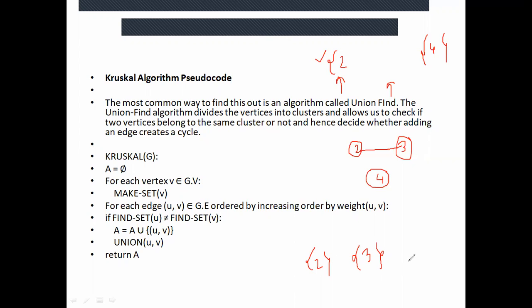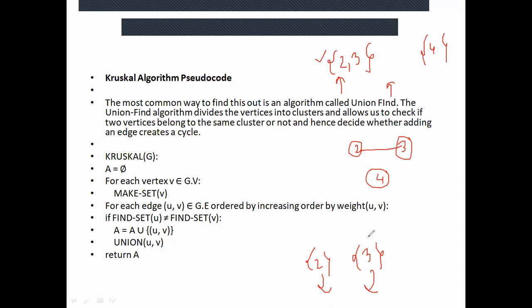What is union? Union means you take all the elements of this set and all the elements of this set, and put them in one set. This is the union. Previously you had two different sets, 2 and 3. You wanted to add an edge from 2 to 3.